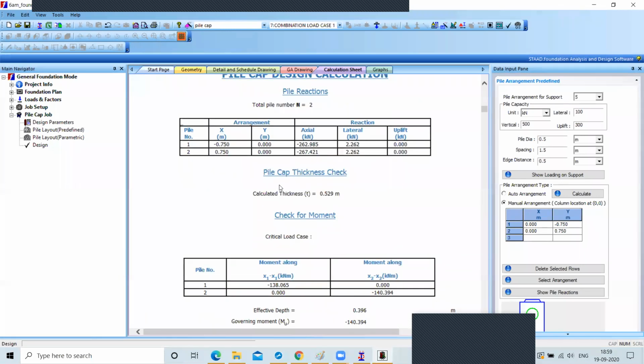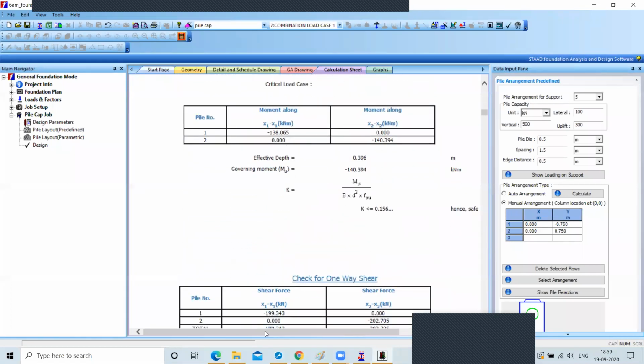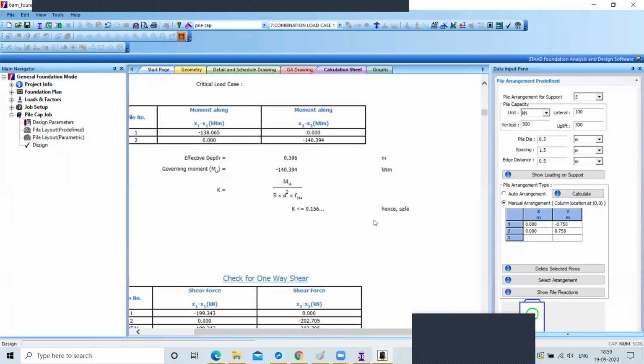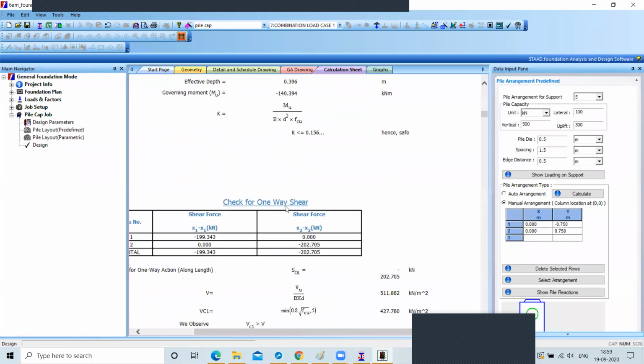And this is the pile cap design calculation. This is your pile cap thickness. See, this is your calculation for the moment. And this is the check for the one-way shear.